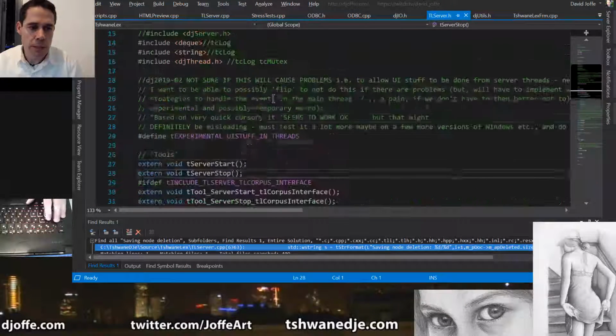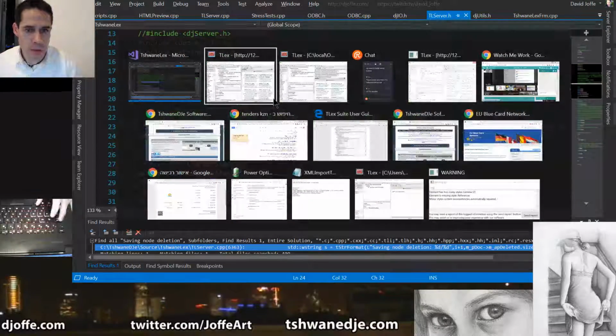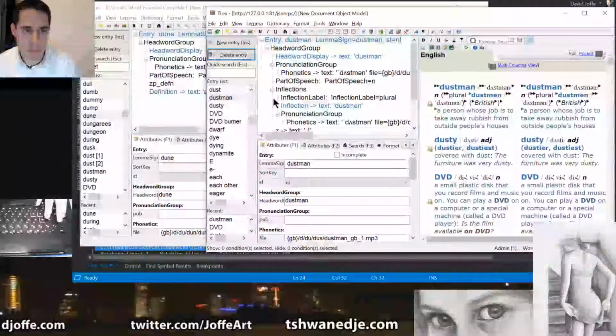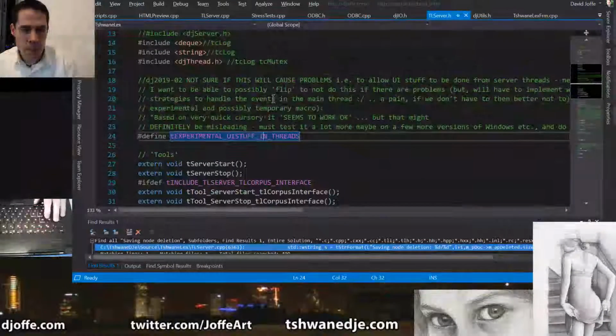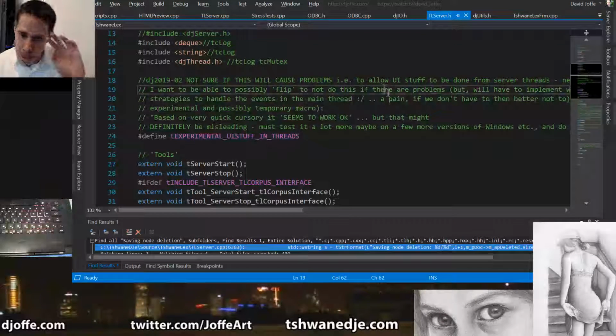It could be this causing problems, maybe, because conventionally you're not supposed to do thread stuff in